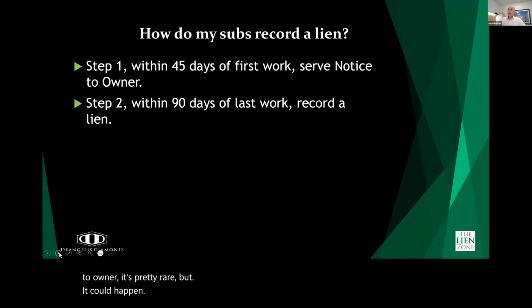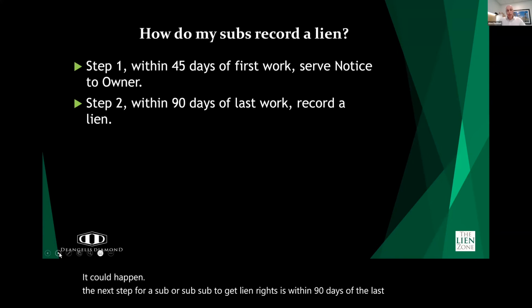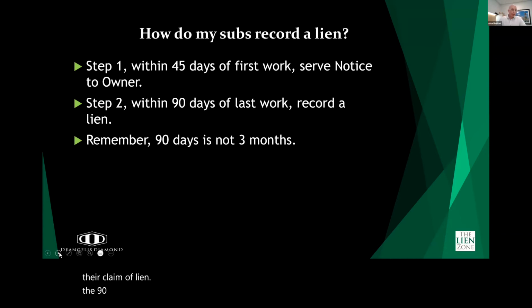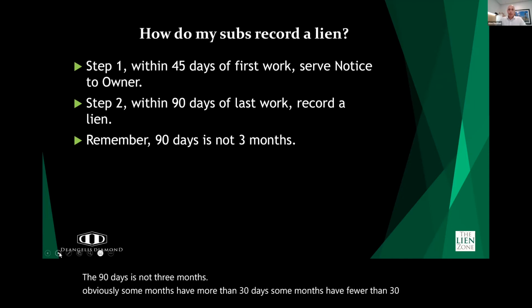The next step for a sub or sub-sub to get lien rights is that within 90 days of the last work, they need to record their claim of lien. So they've served their notice to owner. Now they need to record their claim of lien. The 90 days is not 3 months. Obviously, some months have more than 30 days. Some months have fewer than 30 days. So just make sure that